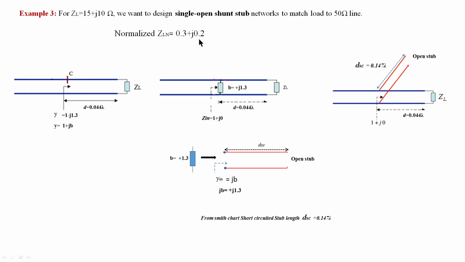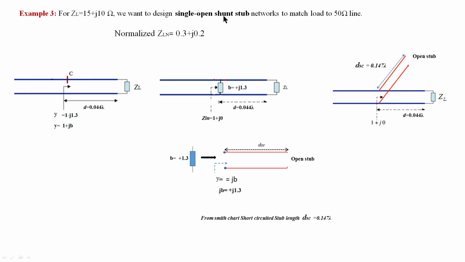And what we are doing is using the open shunt stub. This is not a matched load, so we should do impedance matching. That is single stub matching that they are asking. It is an open stub, an open shunt stub; you should not go for a short stub. It is an open stub and a shunt stub, okay, no problem.